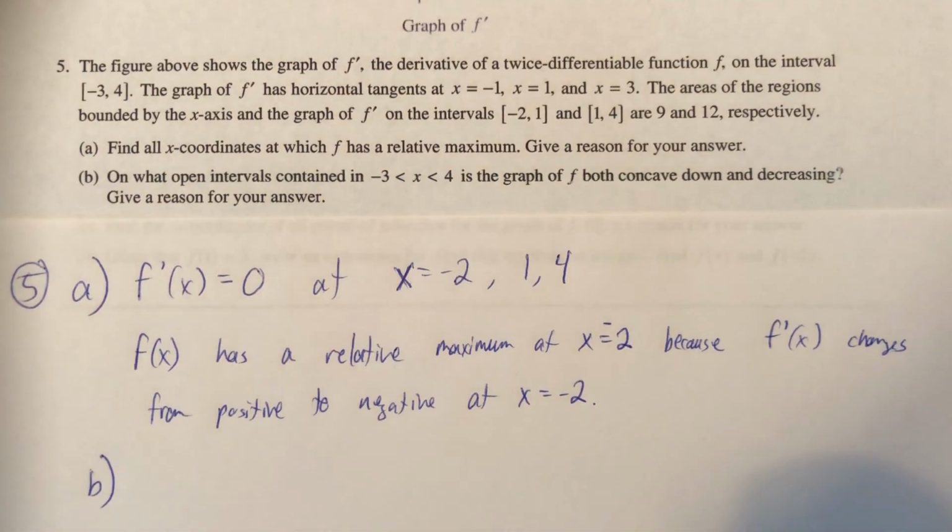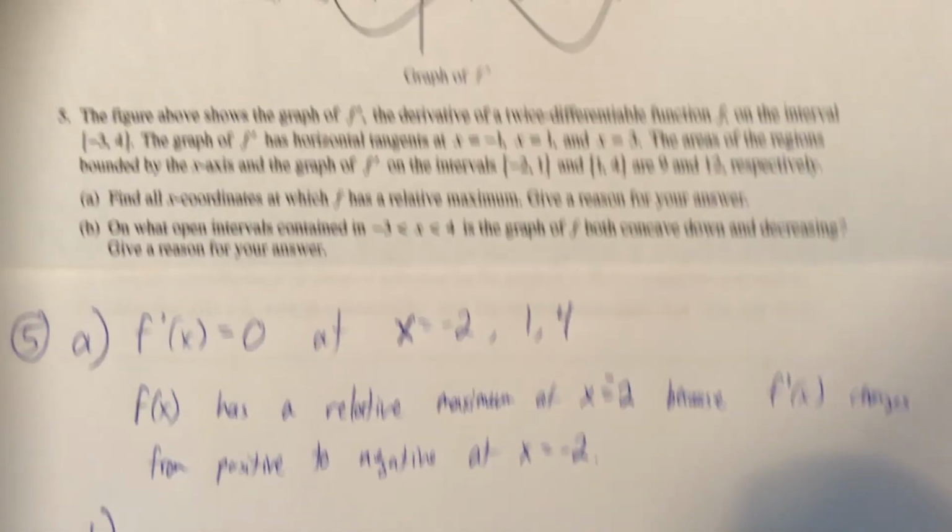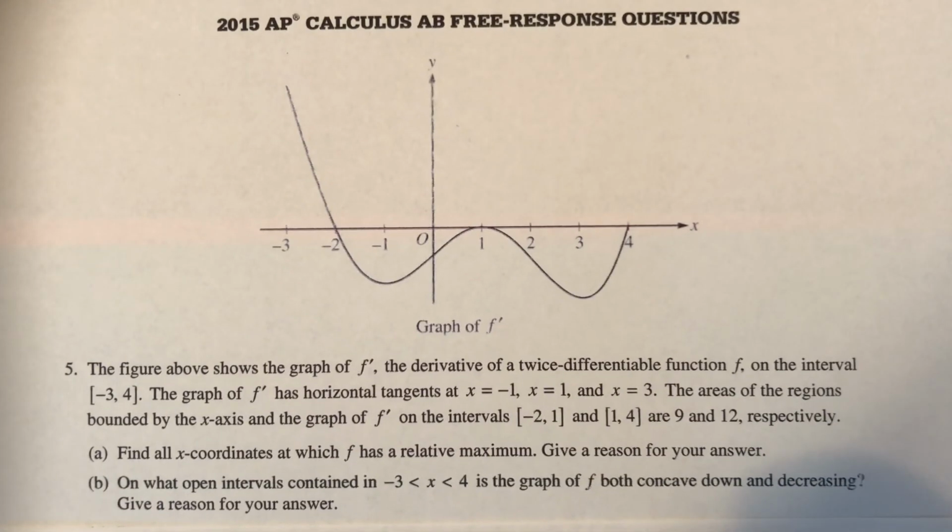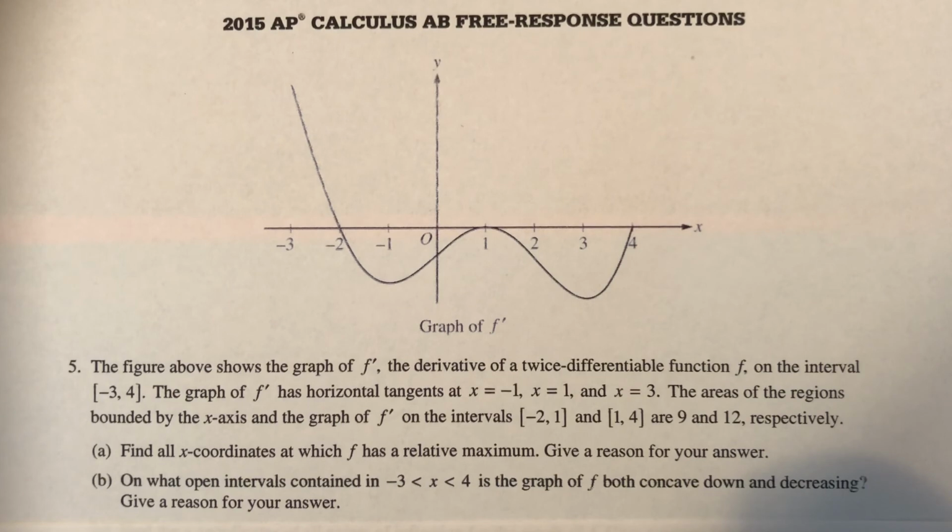Give a reason for your answer. Okay, so when I did this one myself and worked through it, I first looked to see where it was concave down, and then I looked to see where it was decreasing, and then I found the overlap. So let's do that. Let's go back up here. Where is it concave down? So I'm writing. You can't see what I'm writing, but f of x is concave down, or downward,